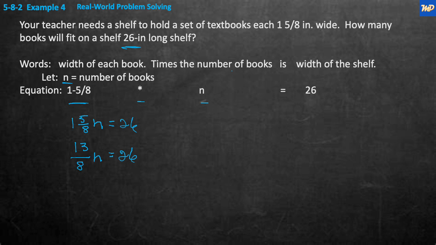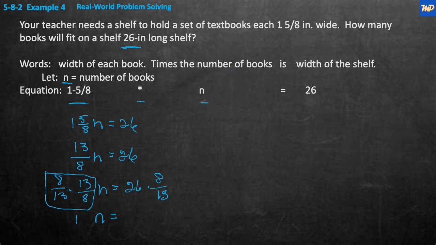So now we're going to multiply the n by the reciprocal of its coefficient. 13/8, the reciprocal of that is 8/13. So 8/13 times 13/8 n equals 26 times 8/13. These two fractions cancel each other out, become a 1. So it's n equals